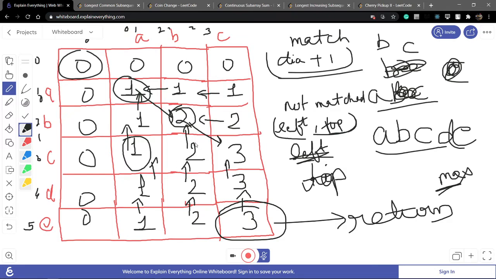And for this question, from the left and from the top, take the maximum. So left, if I am at 3 comma 2, from the left is 3 comma 1, and from the top is 2 comma 2.